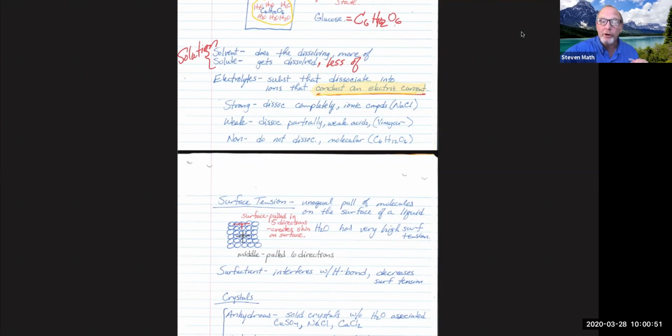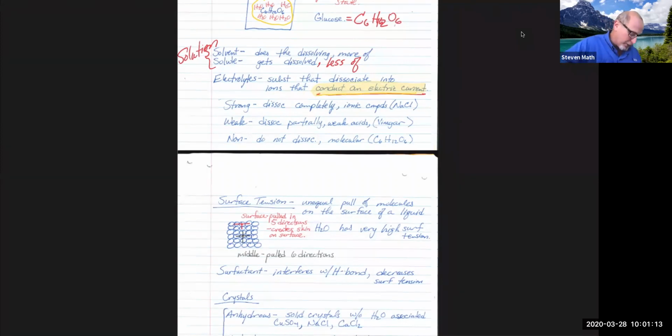Now, is there still current going through the water? Yes, because our water isn't absolutely pure. If our water was absolutely pure and we took absolutely pure sugar and threw it into water, it would have no effect. Okay? Now, within those electrolytes, some things are going to dissociate completely, some things are going to dissociate